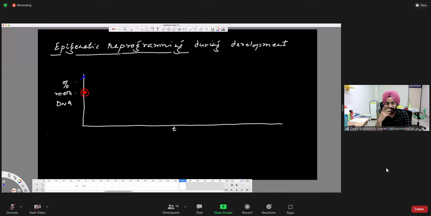Likewise, you have various kinds of cells in plants which have different functions, like stomata. Those cells are quite different. So let's look at the trajectory. Let's say there's some methylation level here.